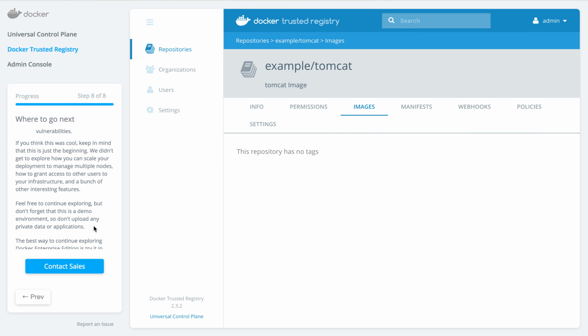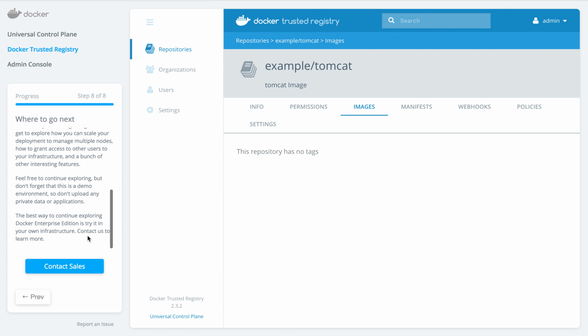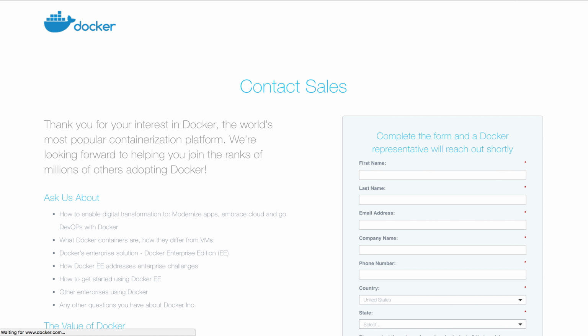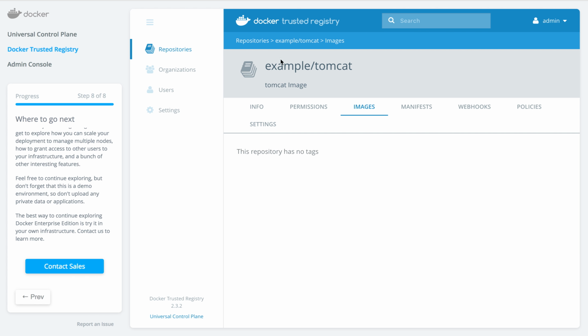Feel free to continue exploring, but don't forget that this is a demo environment, so don't upload any private data or applications. The best way to continue exploring Docker Enterprise Edition is to try it in your infrastructure. Okay, contact us to learn more. And a call to action to contact their sales number, which we're not going to do now,